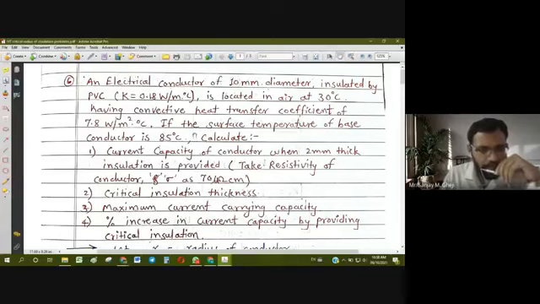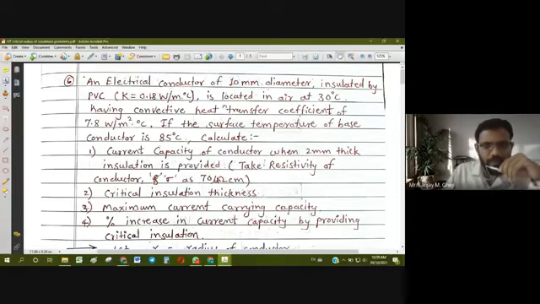Okay, and we have seen in theory that there certainly is some value of critical radius where we can increase the rate of heat transfer, where we can increase this heat dissipation. So the coming up problem is of that type. In that, we have to provide an insulation material for an electrical conductor or cable in such a way that the heat transfer rate will be maximum.